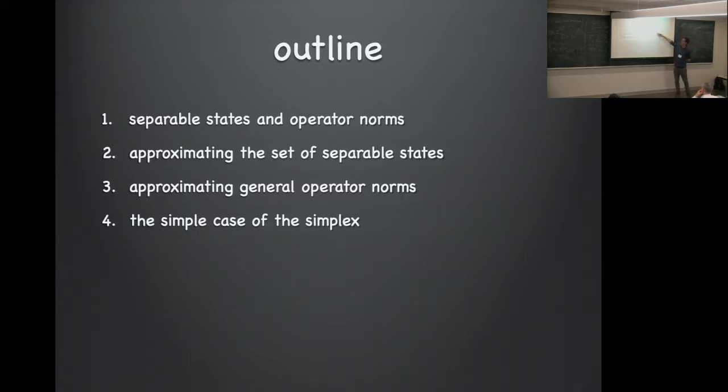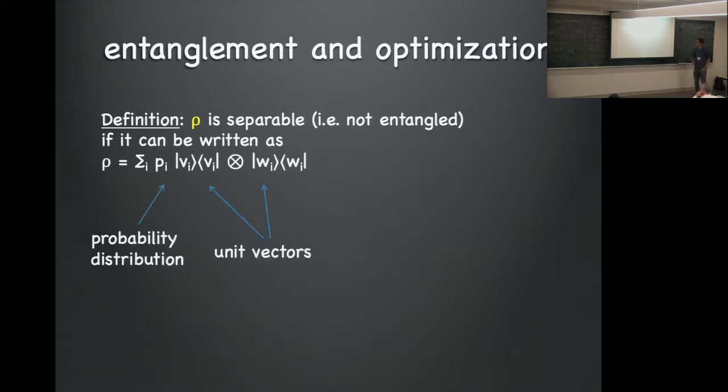So rho is a separable state if we can write it as a probability distribution over product states. I can also think of it as a convex hull of density matrices. And the weak membership problem is, you're promised that either rho is separable or far from separable, and you want to figure out which is the case. And the optimization problem is this thing called HSEP, the support function of the convex set: given a matrix M, compute the maximum of trace M rho over the separable states. So those are the problems related to separable states that we will consider.